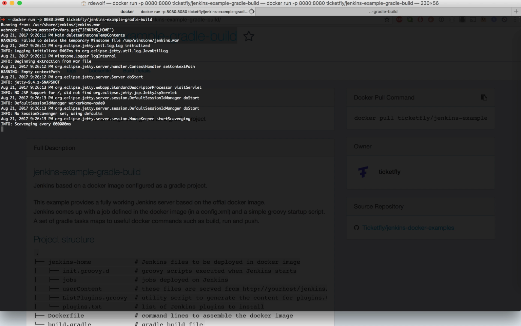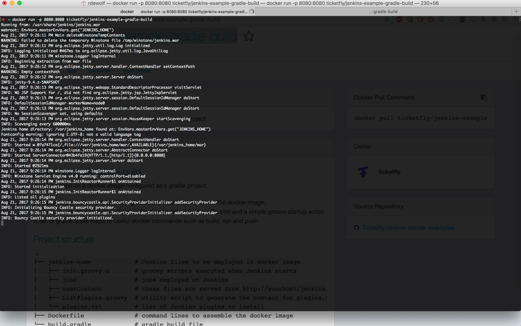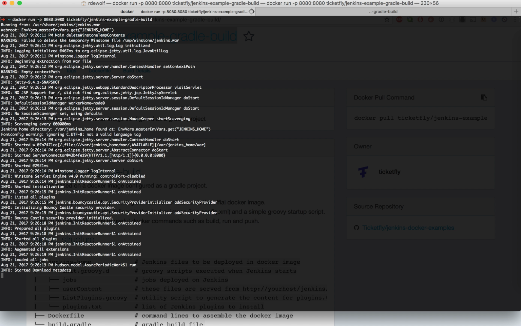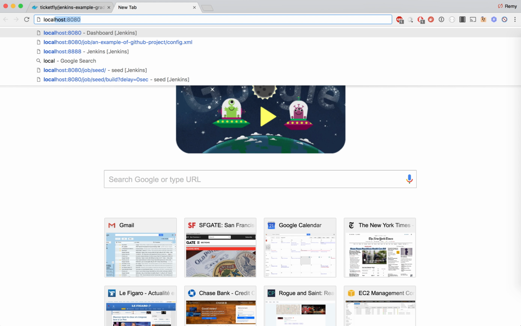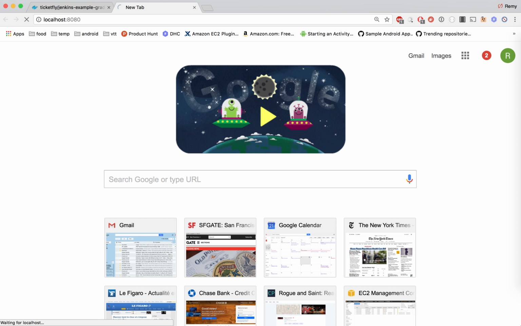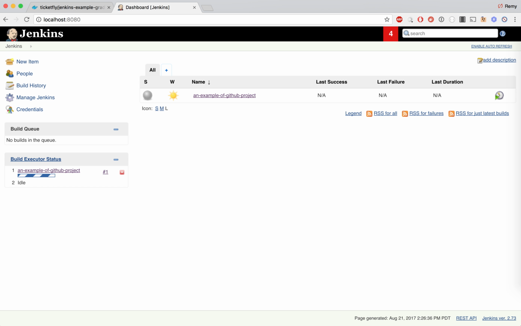What you're going to see here is the console output. This is the log of the Jenkins server, and this is actually running that server in a container. As you can see in the log right now, we can see Jenkins is fully up and running. That means we should be able to go into a browser and query localhost 8080. This is the port that we have opened, and we should be able to see a Jenkins.